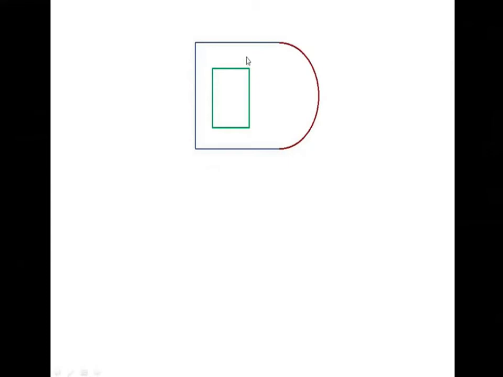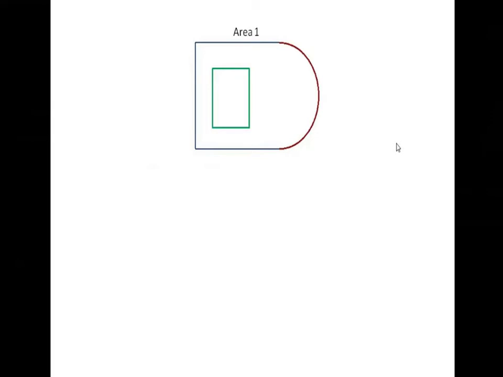there is a green color square hole in this plate, and it has been asked to calculate the area of this geometry. So how can we calculate the area of this particular geometry? Let's see. This geometry has three different kinds of sub-geometries.